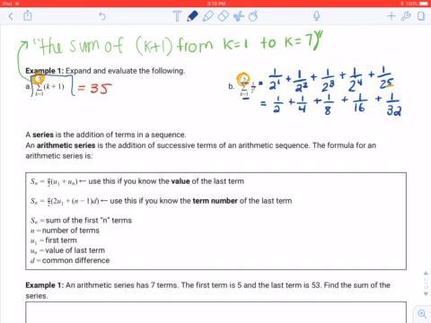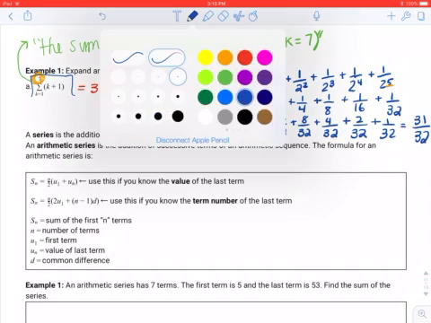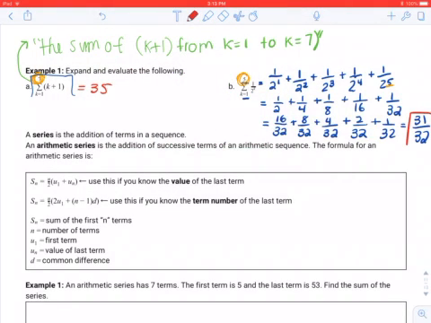If I wanted to be really exact, I would want to get common denominators in order to add those fractions together. I end up with a common denominator of 32, and 1/2 is the same thing as 16 over 32. 1/4 is the same thing as 8 over 32. 1/8 is the same thing as 4 over 32. 1/16 is the same thing as 2 over 32. And then I have 1 over 32. Adding all of those together, I end up with a value of 31 over 32. And that is the sum of 1 over 2 to the power of k from k